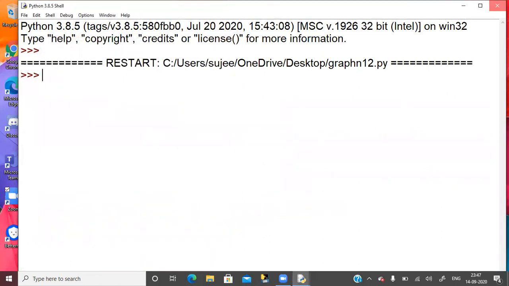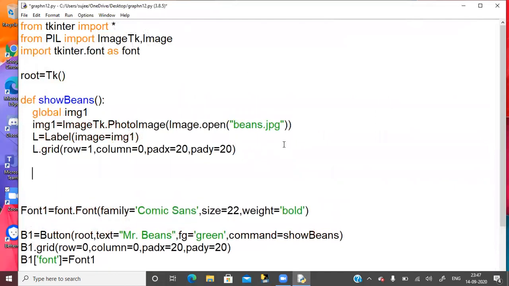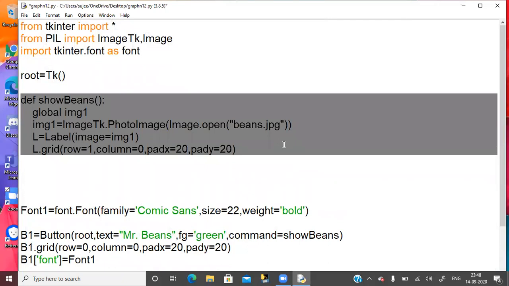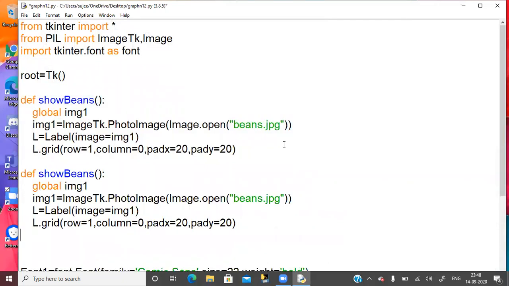अभी इसकी भी coding करनी है, तो I'll do the same coding as I did for show beans. I'll just copy paste it and just change it to Mickey. So as many images you can set, and I'll change it to Mickey.jpg. This image should be there, or either you can give the complete path, C drive, whatever, and other settings can remain same.